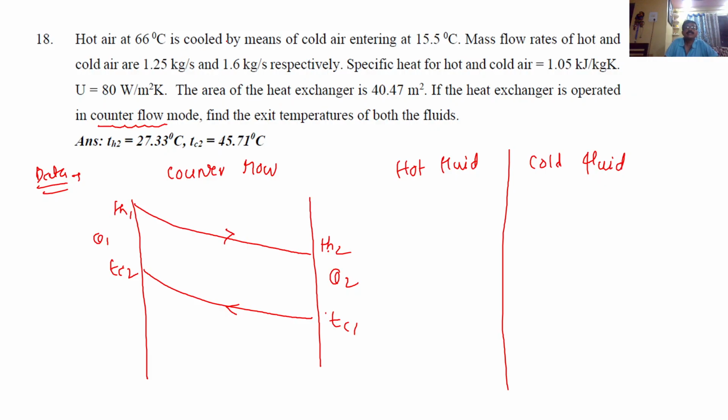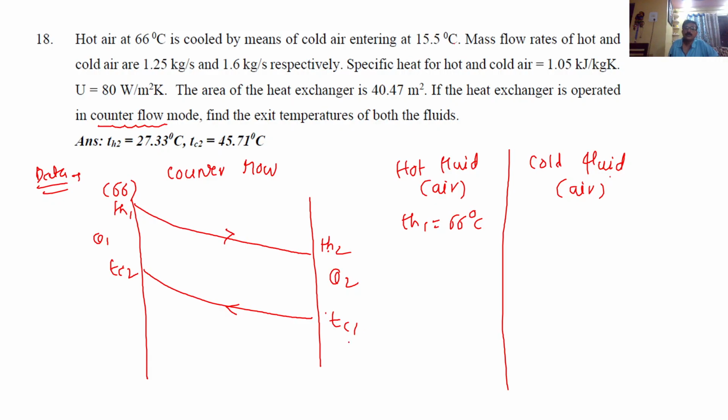Hot air at 66 degrees Celsius. So the hot fluid is air. It is at 66, so TH1 is 66 degrees Celsius. I will put it here. 66 is cooled by means of cold air. So on the cold side also the fluid is air,